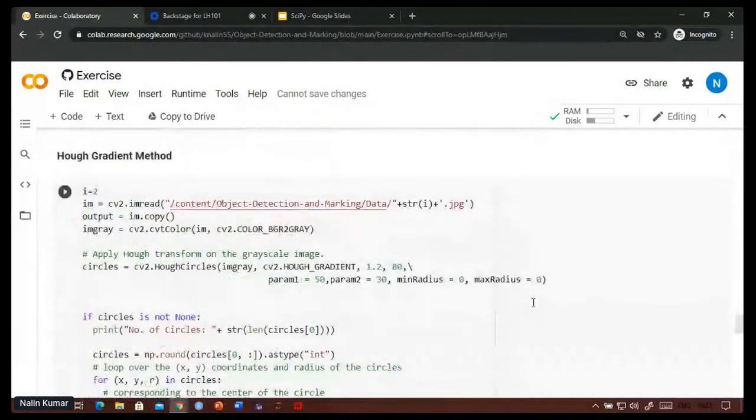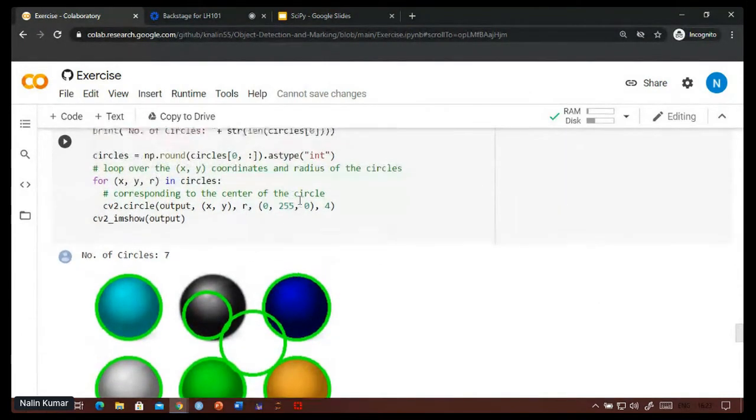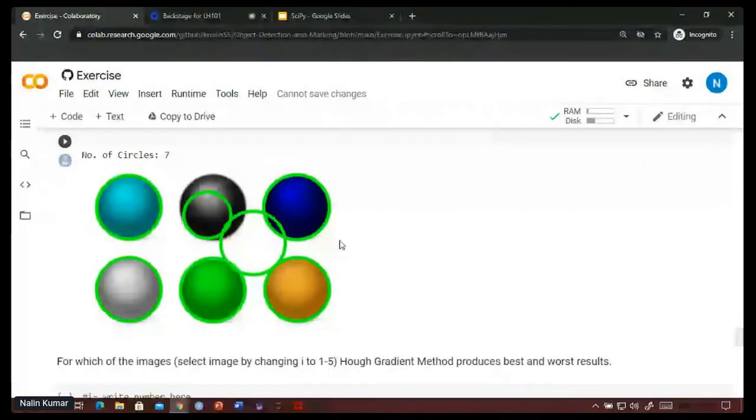So in the Hough gradient method also, as you see, somehow this thing is a ball. That's why you can't rely on these methods very much.